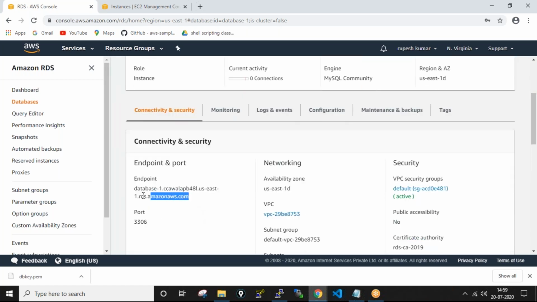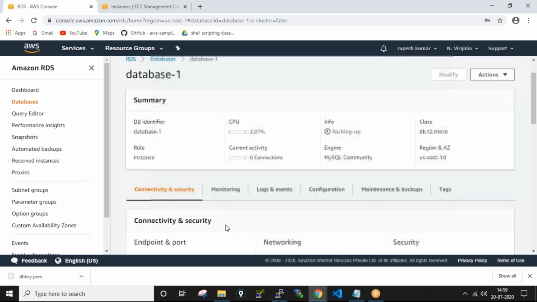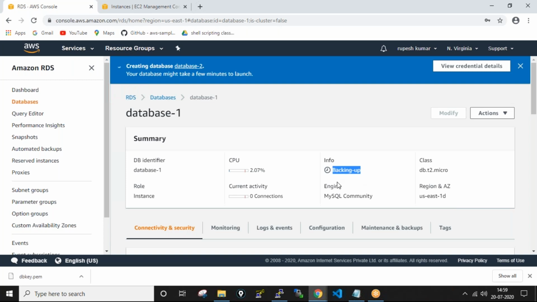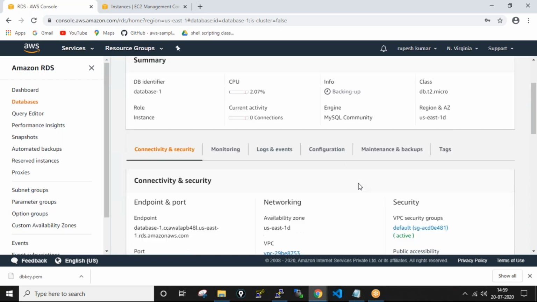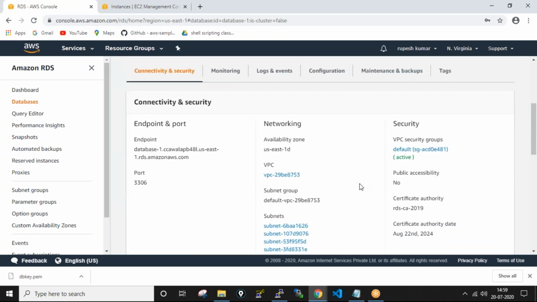We got the endpoint here, and this port number. It is backing up, so we will wait a few more minutes. It's my network problem, that's why it's taking so much time.